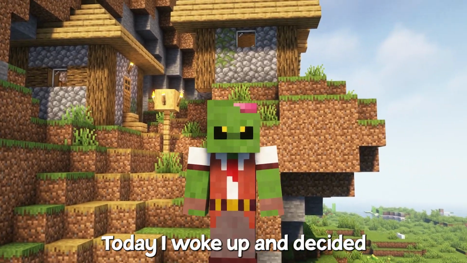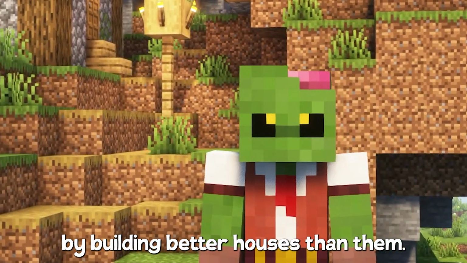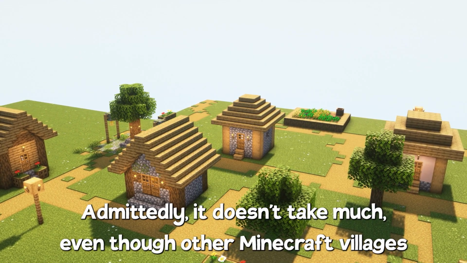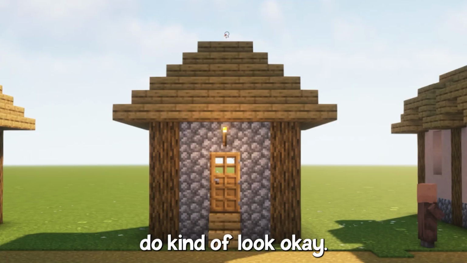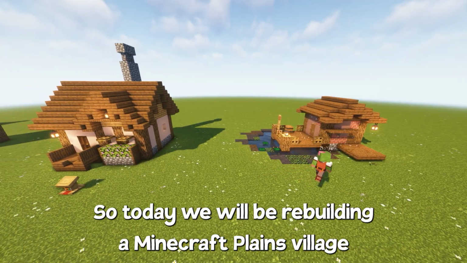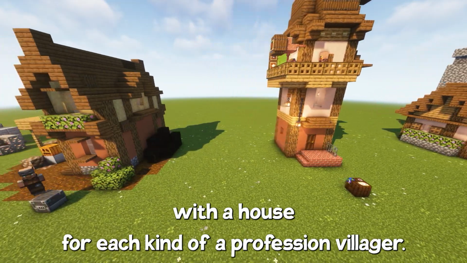Today I woke up and decided, yep, I'm gonna dunk on Minecraft villagers by building better houses than them. Admittedly, it doesn't take much, even though modern Minecraft villages do kinda look okay. But come on guys, what is this triangle crap? You can do better. So today we will be rebuilding a Minecraft Plains village with a house for each kind